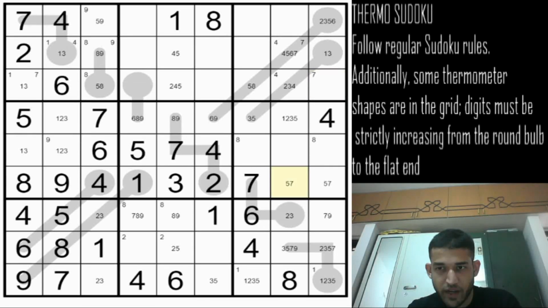This can be 5 and 6 only now. It will be 5, 6. This should be a 5 and 6, and this should be 5 and 6. And now this means this cell has to be a 3, because 5 is in row 4 already. So this will be a 3, this is a 2, this is a 1.